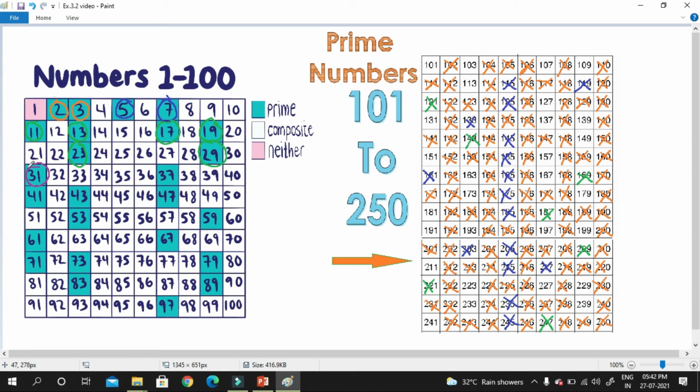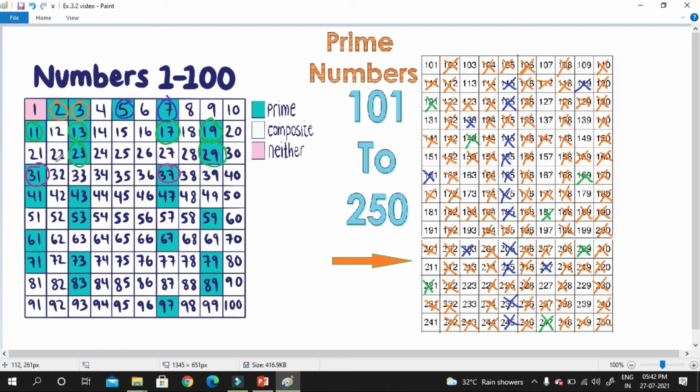So now the multiples of 31 are 124 done, 155 done, 186 done, 217, this is also done, 248, this is also done. 37. So now the multiples of 37 are 111 already cut, 148 already cut, 185 already cut, and 222 already cut.